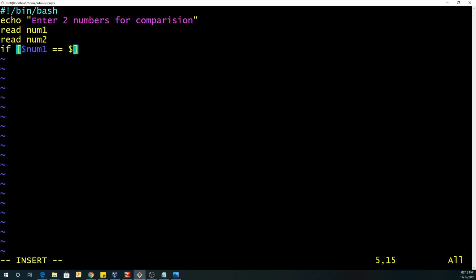Now over here num2. So let's do enter, then, and over here we will print the statement. If num1 is equal to num2, we will print a message: provided numbers are equal.